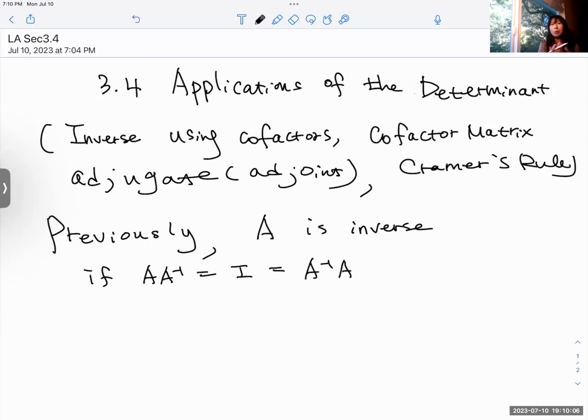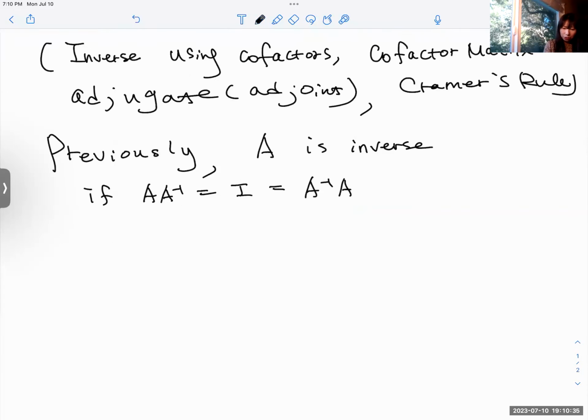Okay, so we do application of determinant today. We are doing inverse using cofactors and the cofactor matrix, adjugate terminology, which is the same as adjoint, and Cramer's rule today. Previously we have the matrix A is invertible, which is a square matrix, right? Then we have this one. And we have another definition today